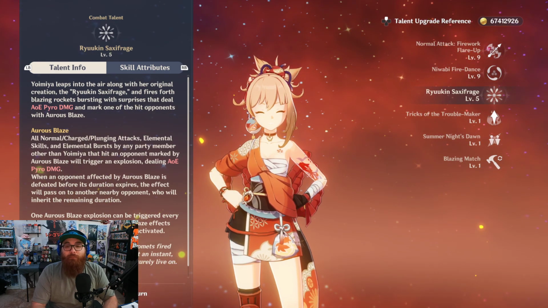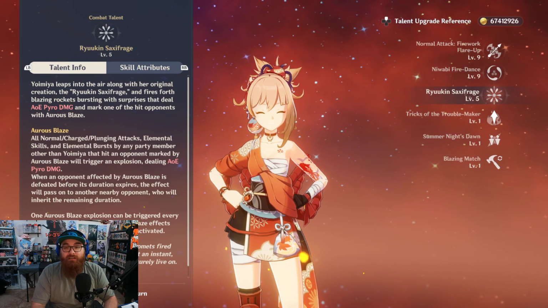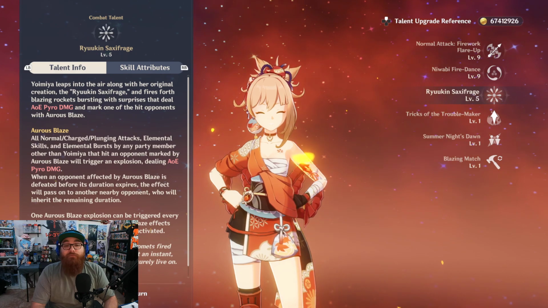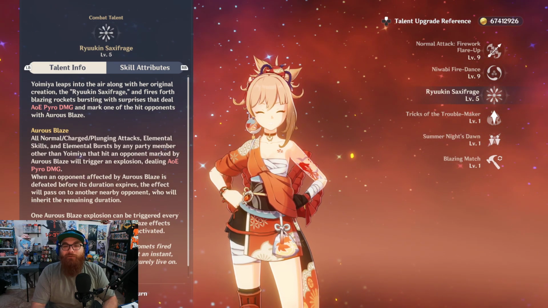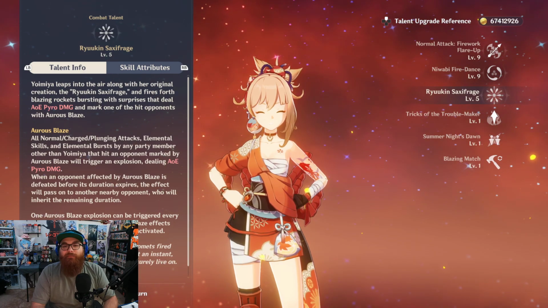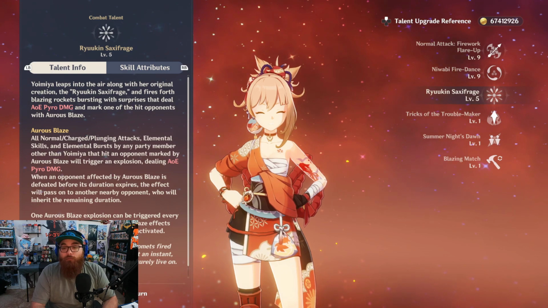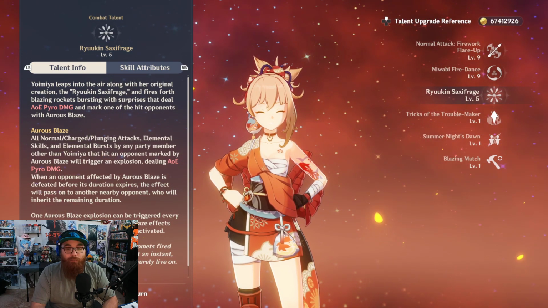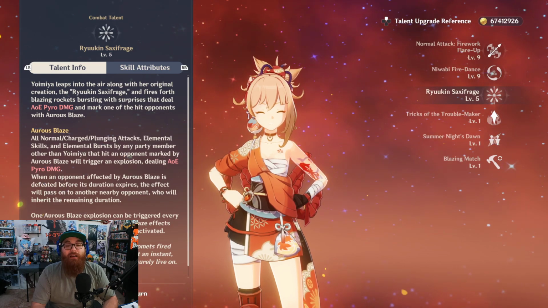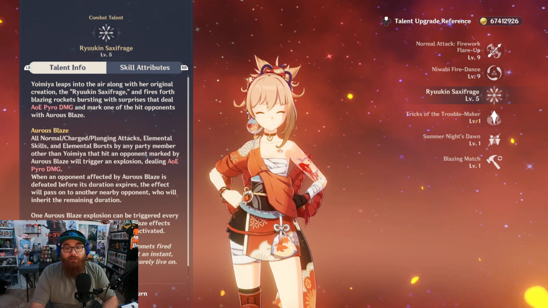Yoimiya leaps into the air along with her original creation, the Ryukin Saxifrage, and fires forth blazing rockets bursting with surprises that deal AoE pyro damage, and mark 1 of the hit opponents with Aurora's Blaze. All normal charge and plunging attacks, elemental skills, and elemental bursts by any party member other than Yoimiya that hit an opponent marked by Aurora's Blaze will trigger an explosion, dealing AoE pyro damage, and when an opponent affected by